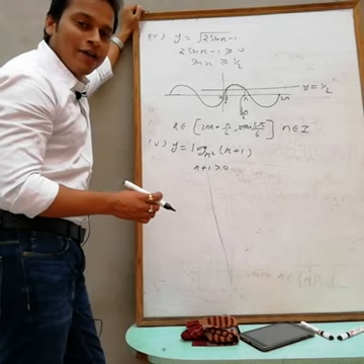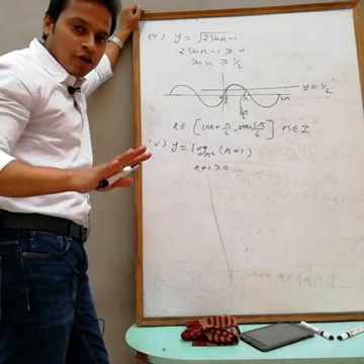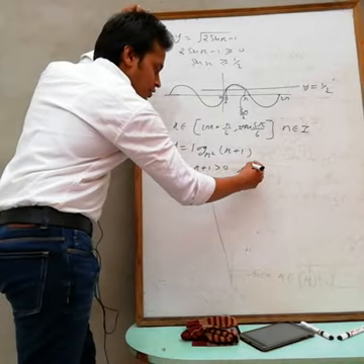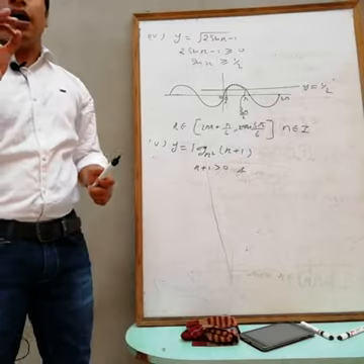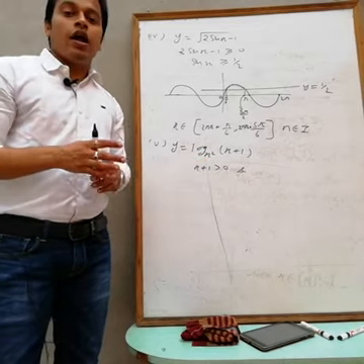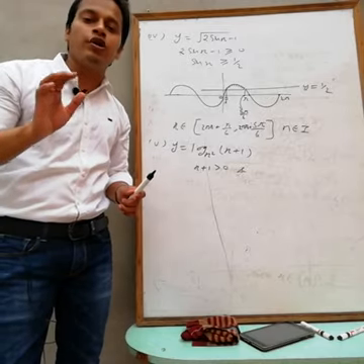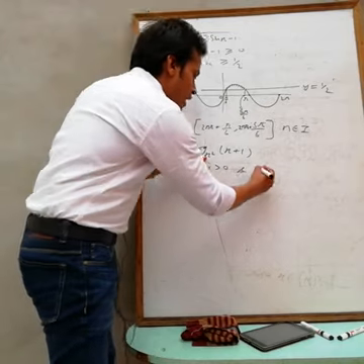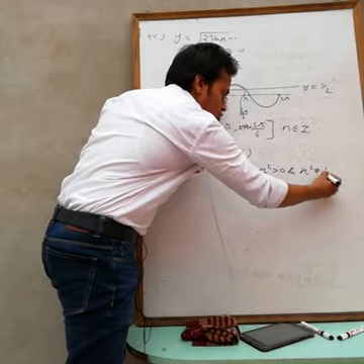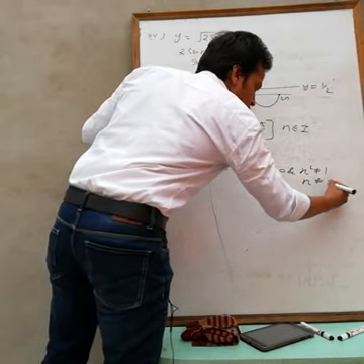But also one thing, here the base is also variable. Then you have to apply the condition for the base also. In the previous question, the base was not a variable, so I was not applying any condition for the base, but at this time the base is variable, so apply the condition. What is the condition for the base? First, the base can't be negative, and x square is always non-negative. And second, the base must be greater than 0 and also not equal to 1. So the condition for the base is x square must be greater than 0 and x square can't be equal to 1. So from this I am getting that x can't be equal to plus minus 1.